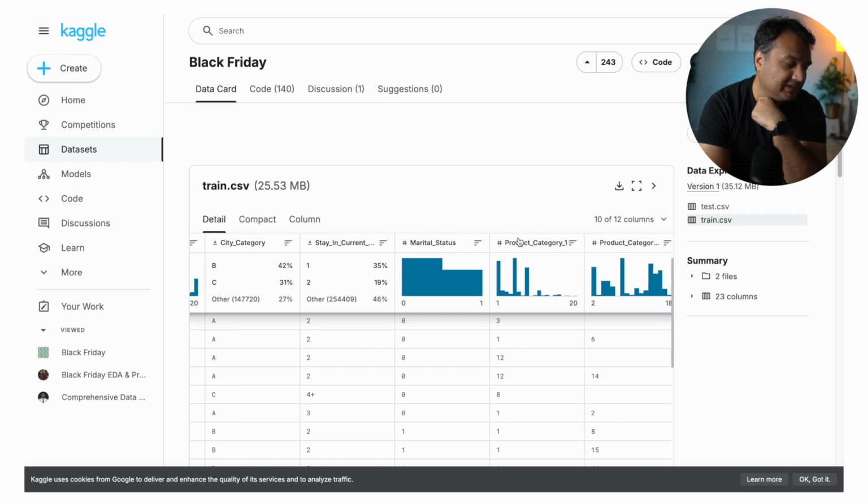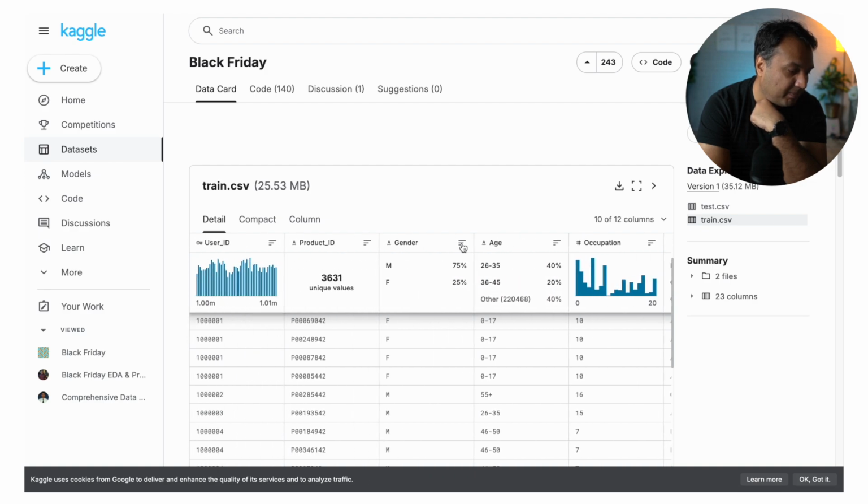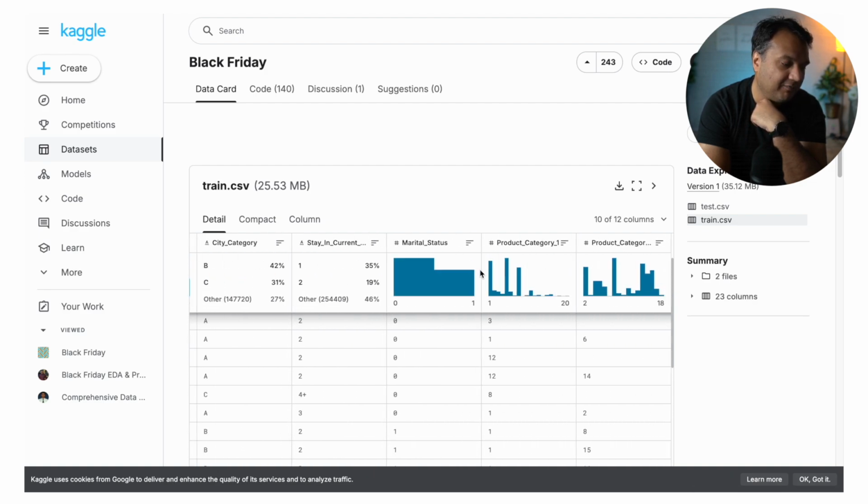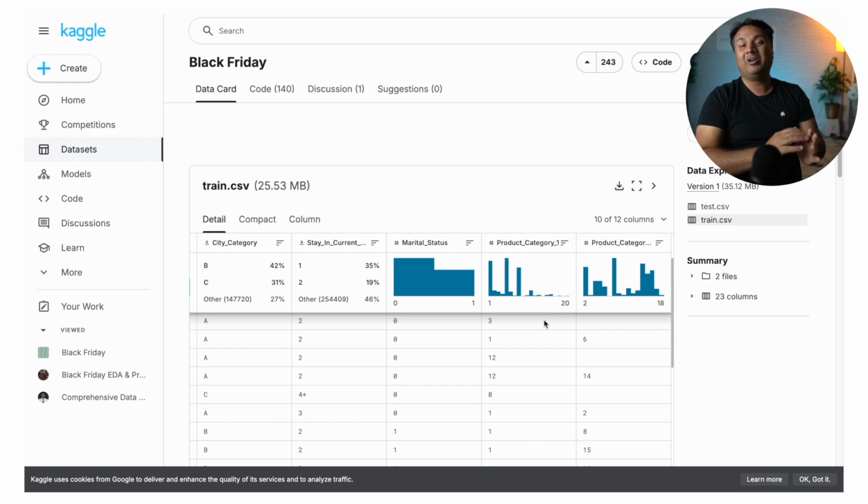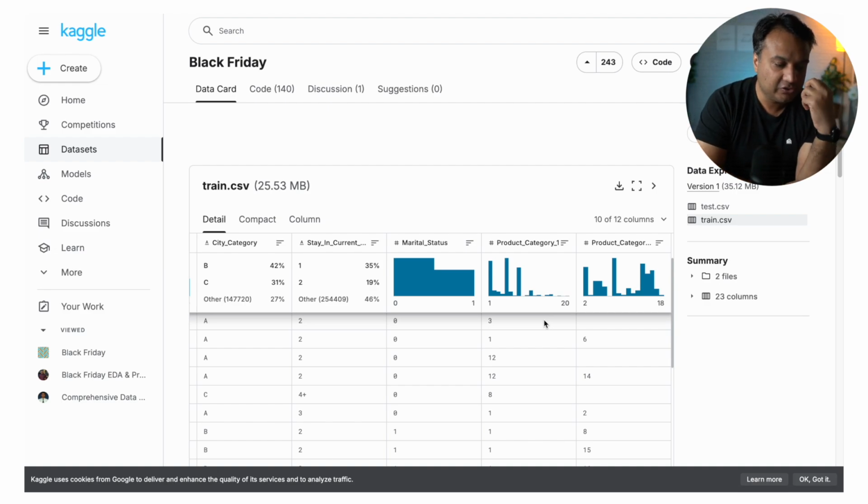Now this is the product feature. For each product we have its product category, and there are 1 to 20 categories. They have hidden it, so we don't know what 1 represents, what 2 represents, and so on. But just for your own understanding, you can think that maybe 1 is cosmetics, 2 is clothing, 3 is toys, and so on and so forth.